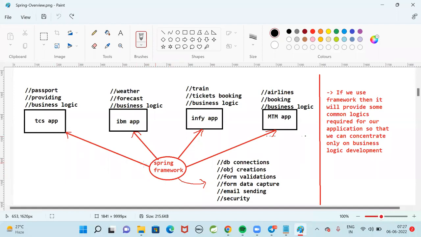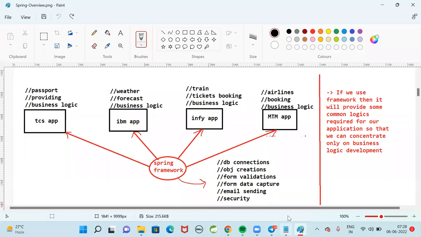When you use the framework, it will provide you the common logics, and you concentrate only on your business logic, so that application development will be faster. Quickly you can develop your application because you need to concentrate only on the business logic, and repeated or boilerplate common logic will be taken care of by the framework.